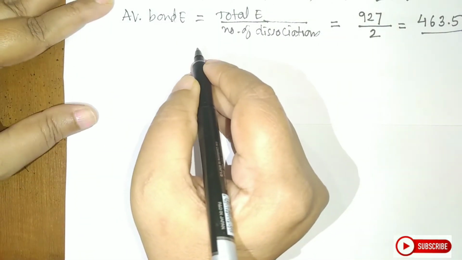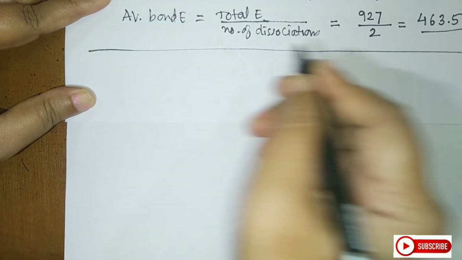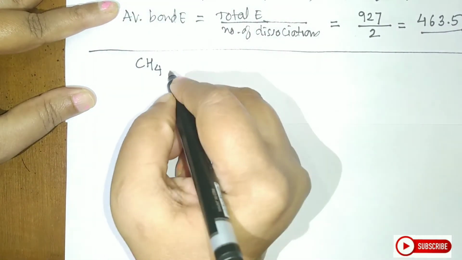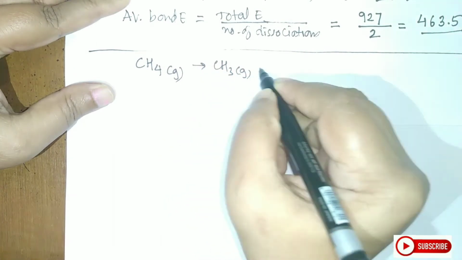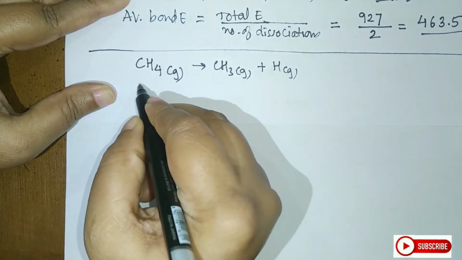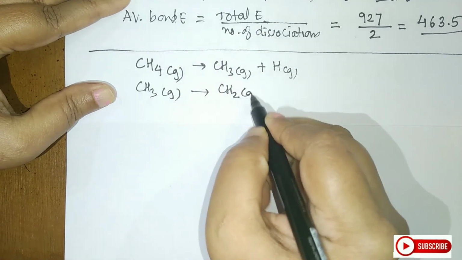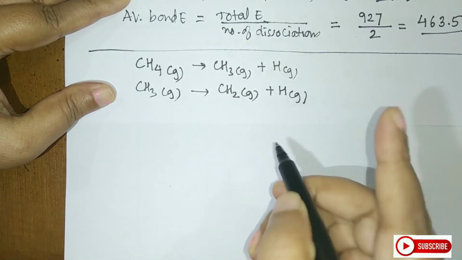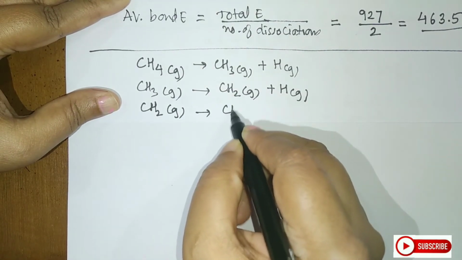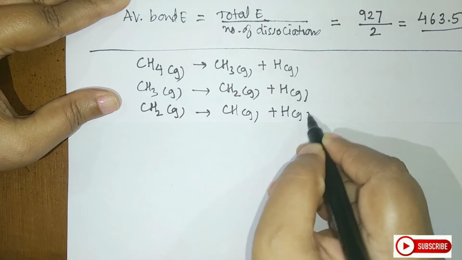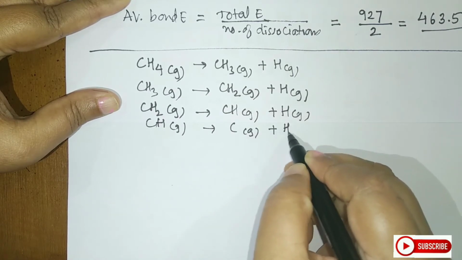So students, let us take the example of methane molecule. So you can do this simultaneously to understand the concept. It's very easy. I'm taking 1 mole of methane in the gaseous form. So first it will give me CH3 gaseous plus H gaseous. Second step, this CH3, again you have to consider in the gaseous form, it will give me CH2 gaseous plus H gaseous. 1 hydrogen in every step you have to break down. So next is CH2 will give me CH plus H. And this CH now will give you C plus H gaseous.